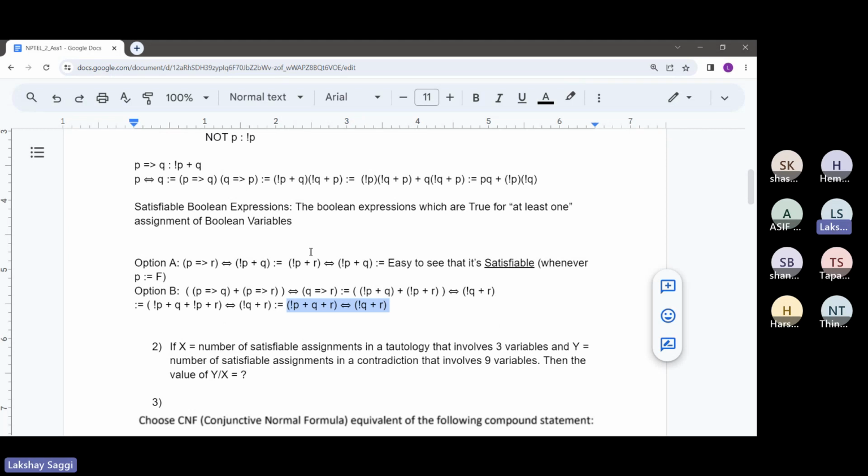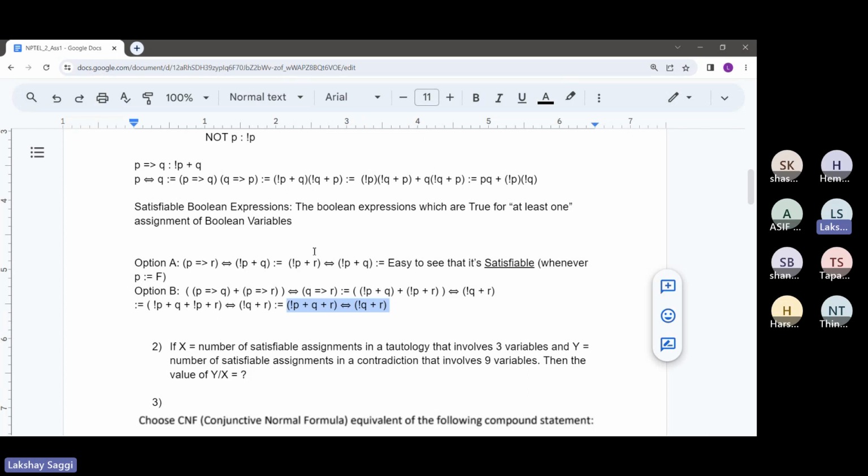So this is sort of the final expression which we arrive at. We can also open up this if and only if, but I would rather see it as a black box and just see whether there exists an assignment where this holds true and this also holds true. If we arrive at such an assignment, then we are done. I hope this makes sense to you guys. What I'm saying is just that option B resolves to this sort of expression.